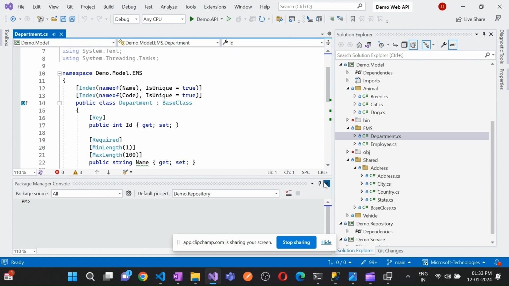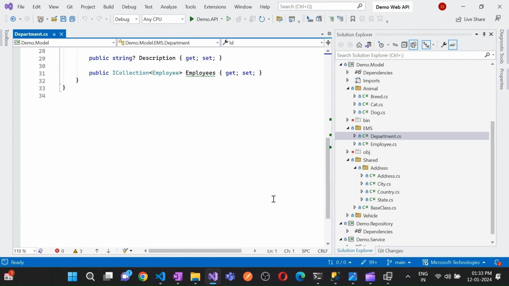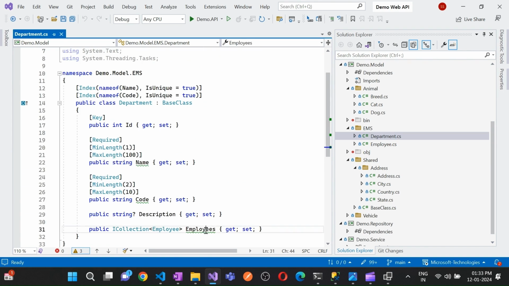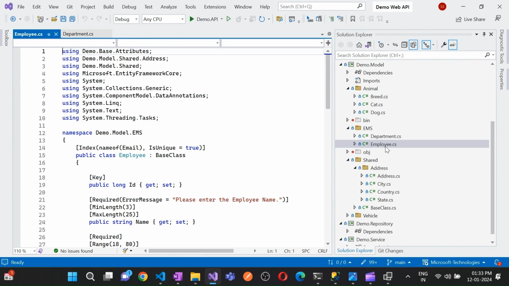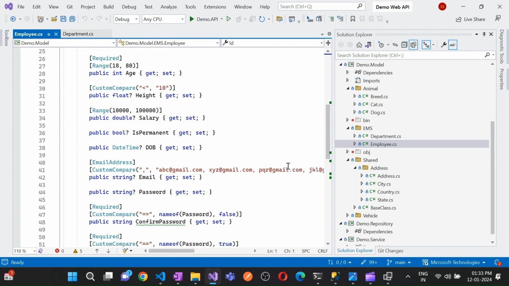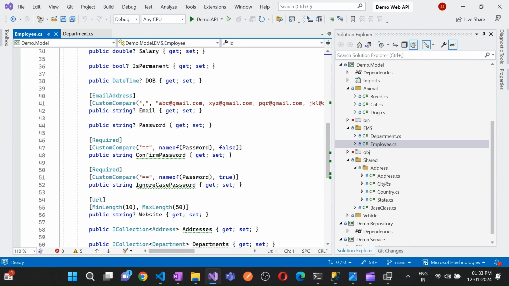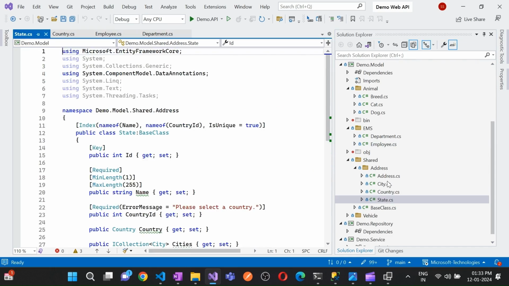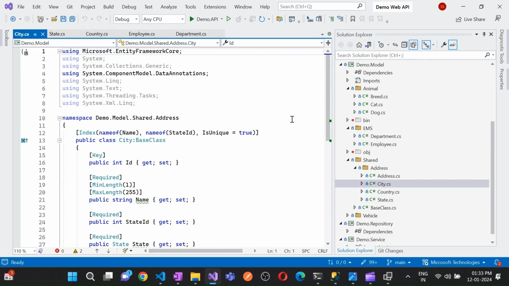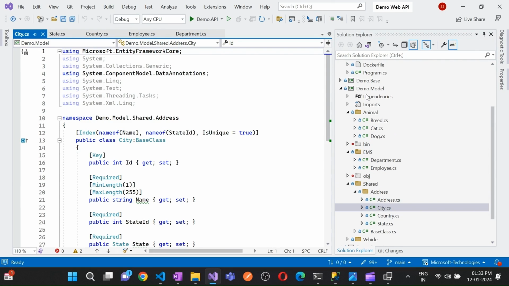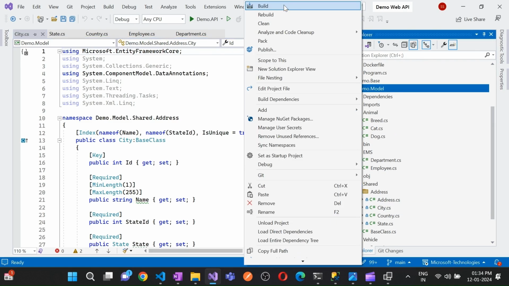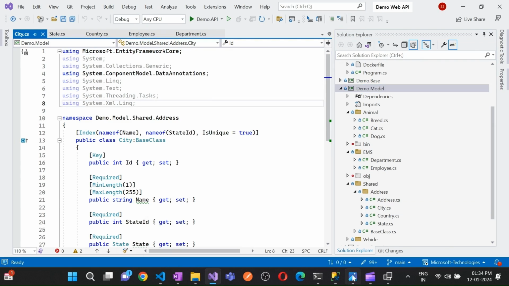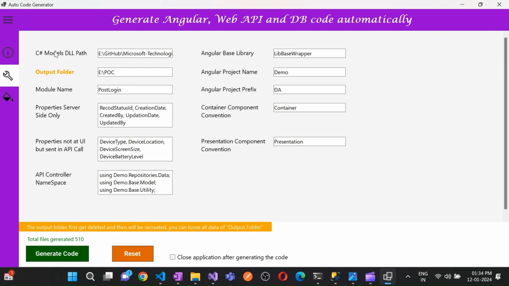Currently, you can see we have some sample models like department and employee, and all these models have some constraints or validators like min length, required, max length, and so on. So based on these validators or constraints, our appropriate Angular code will get generated and the validators in Angular will get created. We have to compile this project so that we can get the DLL file, and we can mention